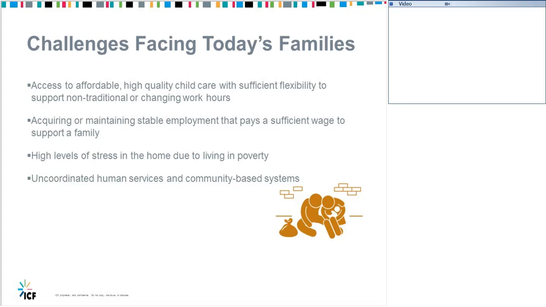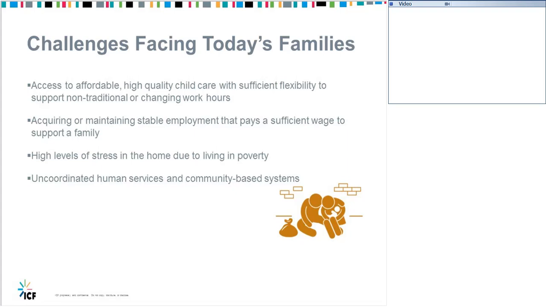High levels of stress. Low-income families managing the challenges of financial insecurity and job uncertainty, juggling childcare, health, and transportation barriers, can experience elevated and constant levels of stress, which can feed into a cycle of family stress, compromised parenting, and childhood exposure to adverse experiences, which without protective factors can become toxic. And finally, uncoordinated human services. Programs and services designed to support low-income families are often not integrated or aligned and can create competing demands for families that they must comply with. These might be duplicative or even in conflict.